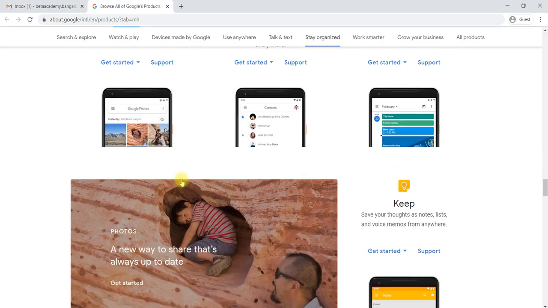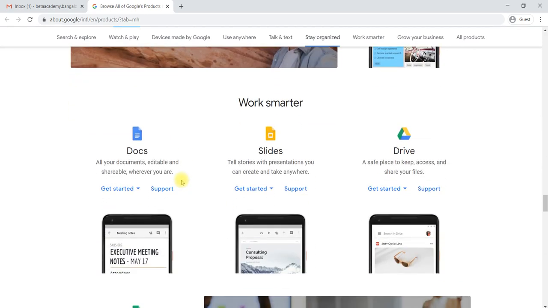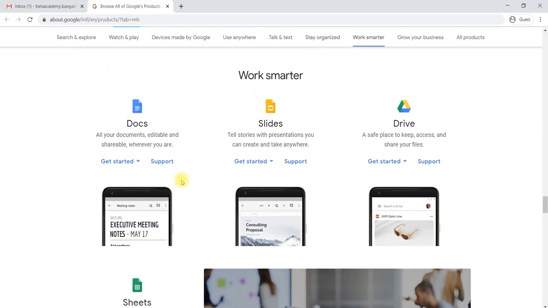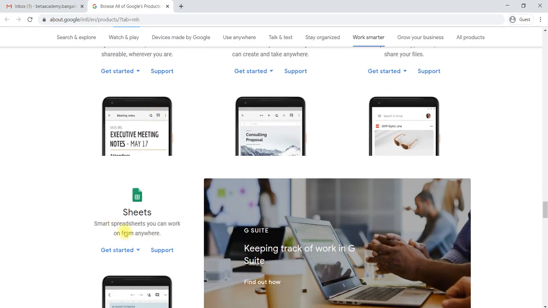Apart from that, what we are going to learn is important for a business, and helpful for individuals as well. That is Google Docs, Slides, Drive, and Google Sheets.